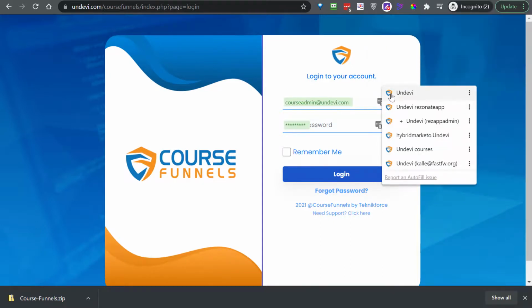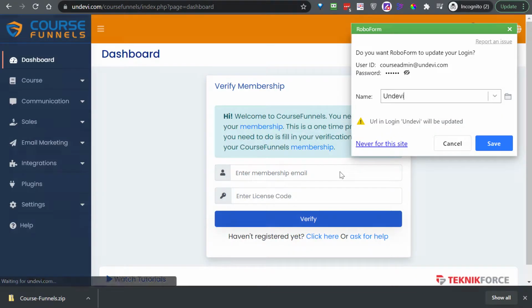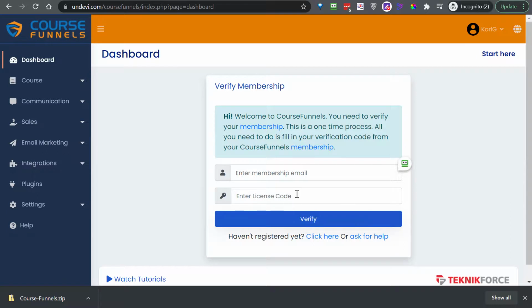In principle we should have it here already, maybe. Oh, it didn't come yet. Okay, so I wrote it, course admin at undevi.com, and the password we just copied, and log in. So now everything is set up except one thing, and that is the